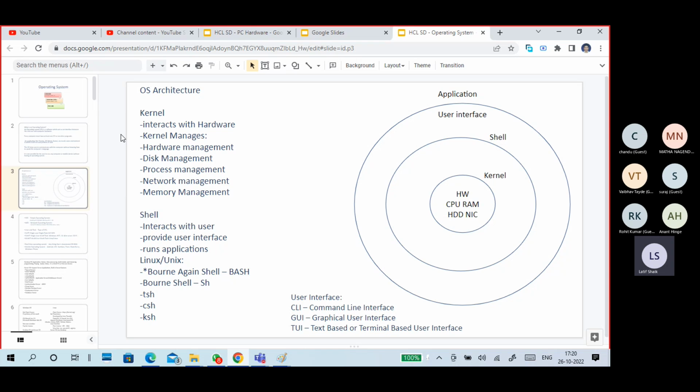The shell provides a user interface. The shell interacts with the user. In user interfaces, different user interfaces are there: graphical user interface, command line interface (CLI), and text-based or terminal-based user interface.